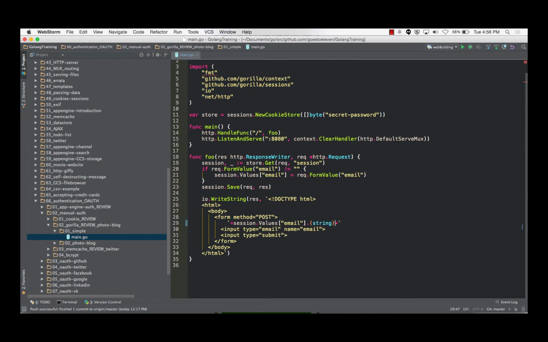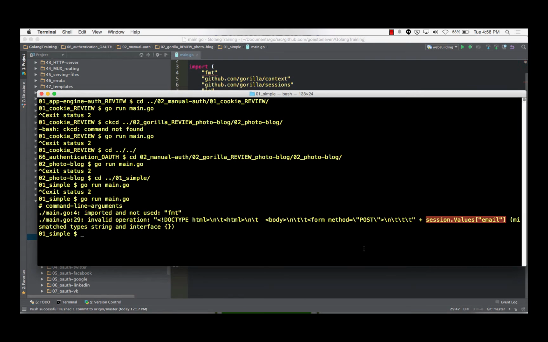And that's different than conversion, right? Since an empty interface could store any type of value, I can assert that the value stored there is a string, and then it'll be like, okay, that's a string, right? And a conversion is like, I have a slice of byte and I want to make it a string or something. So let's try that.